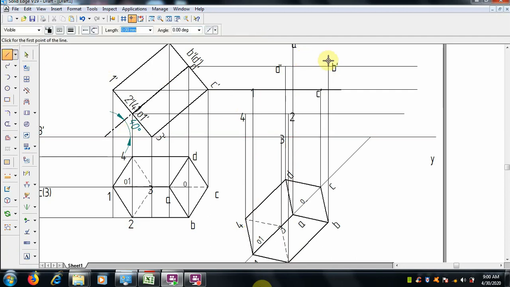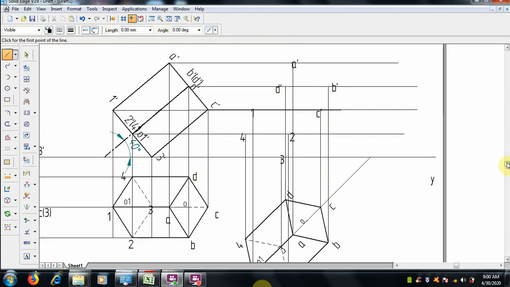We can join the lines. Keep it for visible. So the boundary, there are the outer points. We can make it. Now join the faces, bases first. 1 2 3 4 is the lower base, ABCD is the upper base.